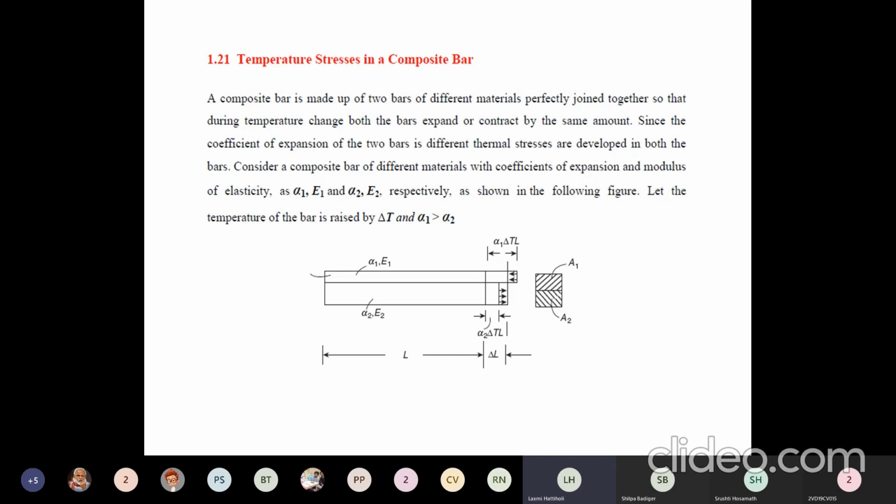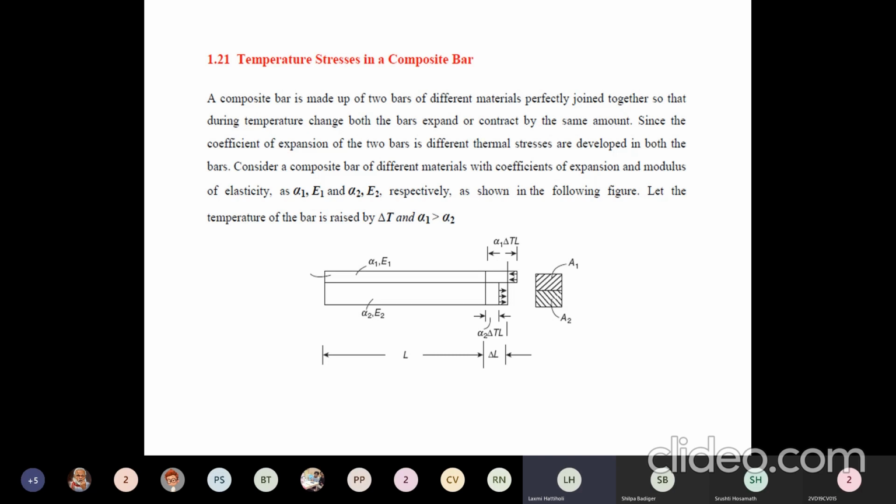So now next, what happens when you raise the temperature? As I said, both the materials will expand or contract. It depends. Now as you can see in this picture clearly, the initial length is L. After the change in temperature, the first material, because of the increase in temperature, the deformation occurred is alpha delta T L. So hope you remember the formula which we have learned yesterday. Deformation due to temperature raise is alpha T L or alpha delta T L, one and the same.